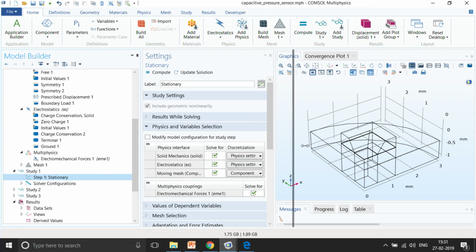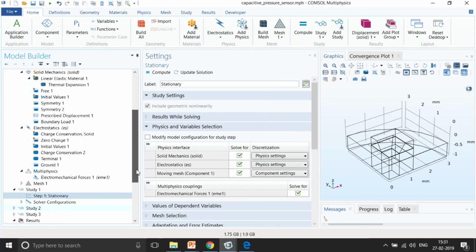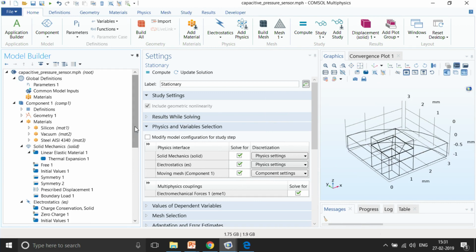Now let me give you some introduction to moving mesh. For example, you have a particular geometry. Let me go and show it by making a figure. For example, we have a structure like this. This is the structure that we have, okay, and then we have one more bottom structure.